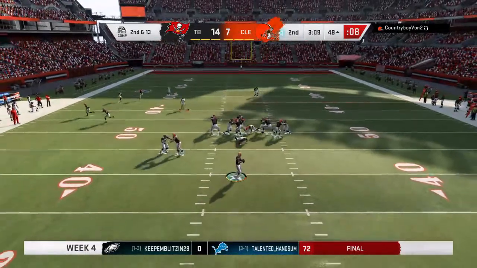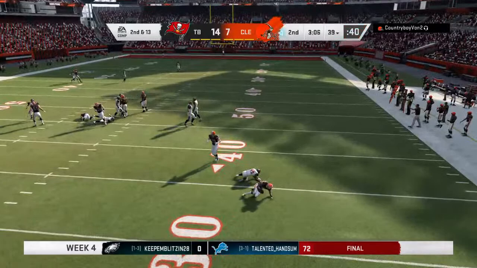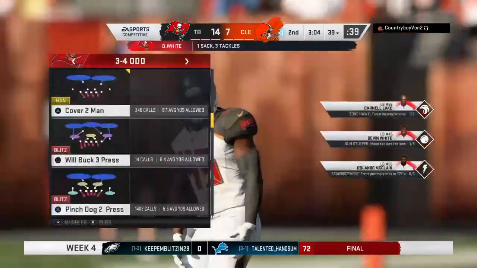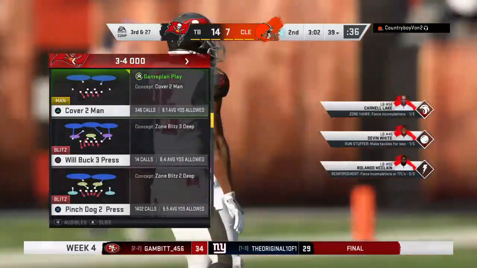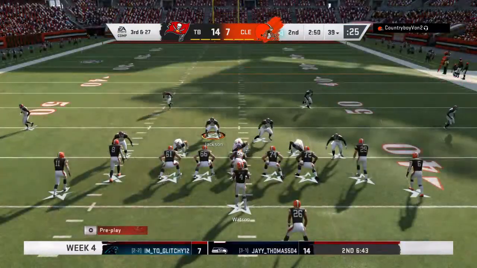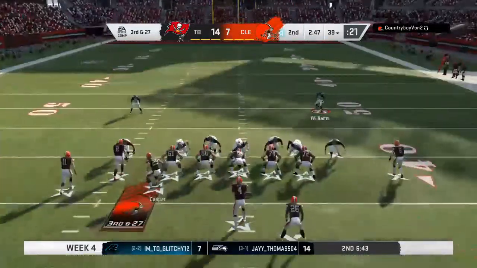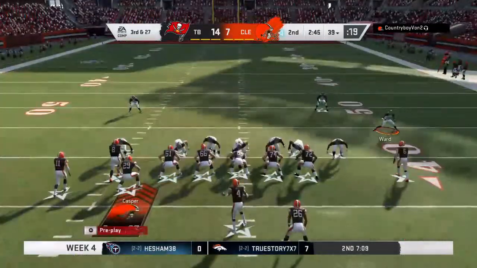From the gun, here's Watson. Escaping the press. And a big loss here as he's taken down. Devin White. What a play by him. That's going to go as a loss of 13. Going to need something special here on 3rd and long. After that sack, what does Watson have in his arsenal? We got to get the ball